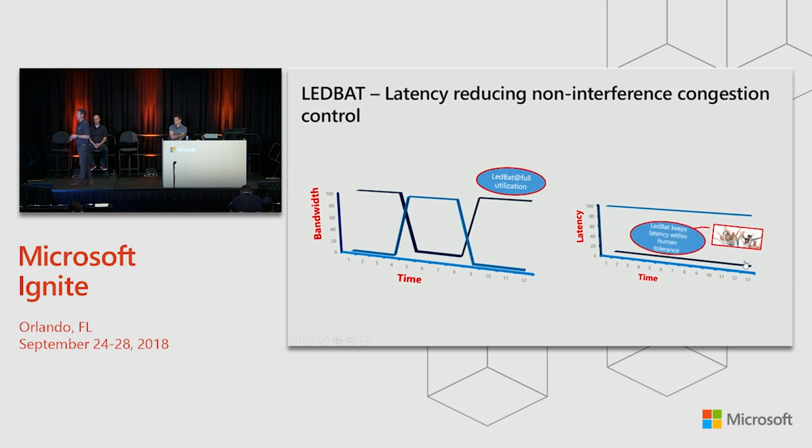If you had a low priority flow like an update service running and providing these updates, it would take up a lot of the CPU processing, so the system was really unusable. We want to make sure that LEDBAT keeps latency within human tolerance so people don't lose access to their systems. So we can do latency protection with a LEDBAT-enabled workflow to make sure it takes up lower CPU utilization, so that your higher priority flows get the CPU resources they need.